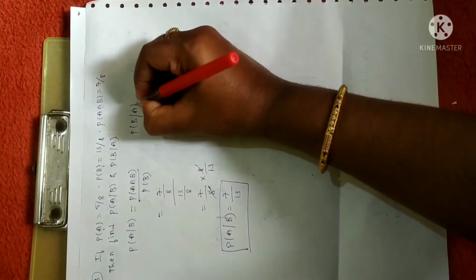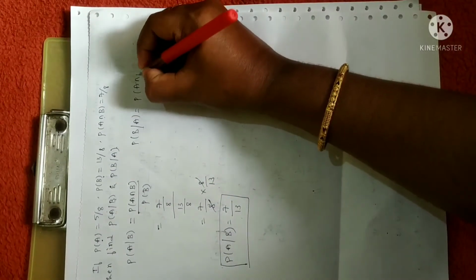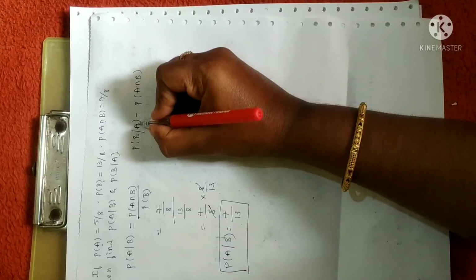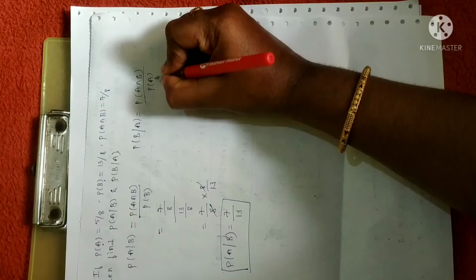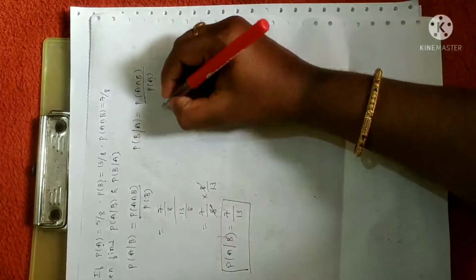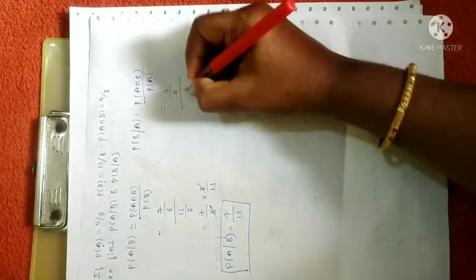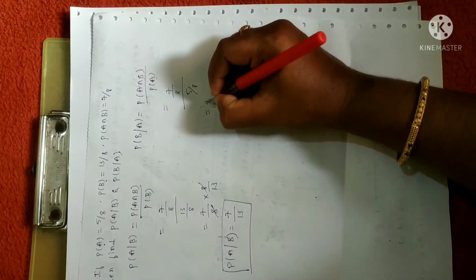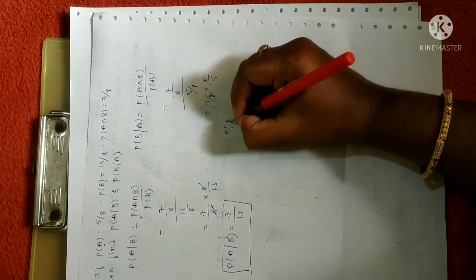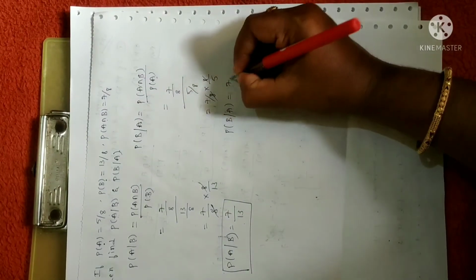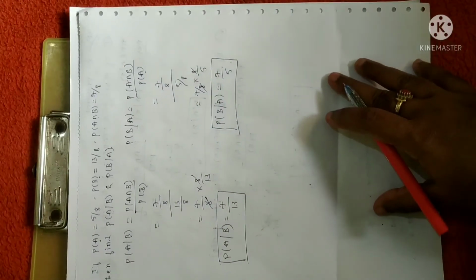Second question is, we have to calculate the probability of event B with reference to A. So the formula is easy to remember. Whatever the term you have next, that has already happened, you have to put that term in the denominator, that's all. So probability of A intersection B is 7 by 8 divided by probability of A, which is 5 by 8. Let me simplify: 7 by 8 into 8 by 5. So 8 gets cancelled. You will get probability of event B with reference to A is 7 divided by 5. Just the substitution and simplification.